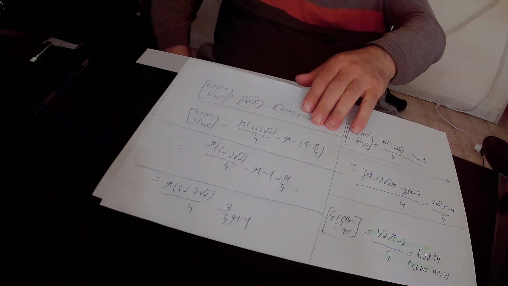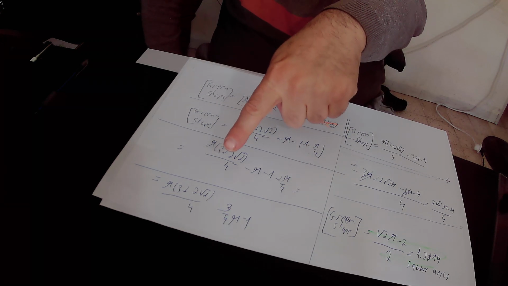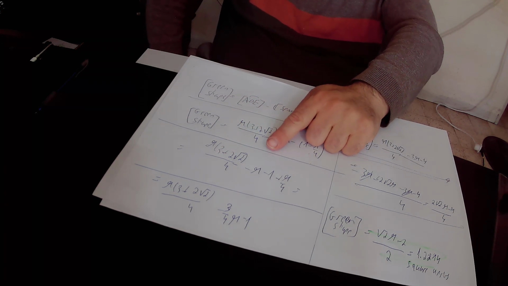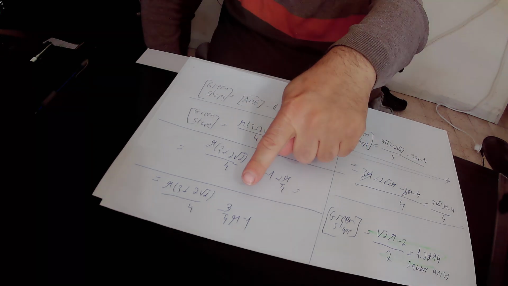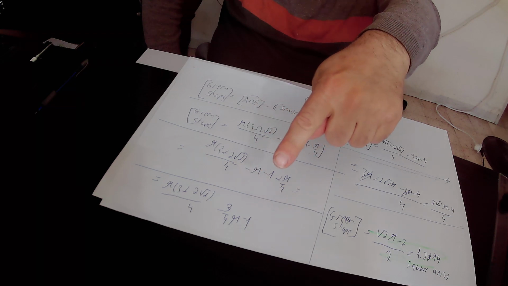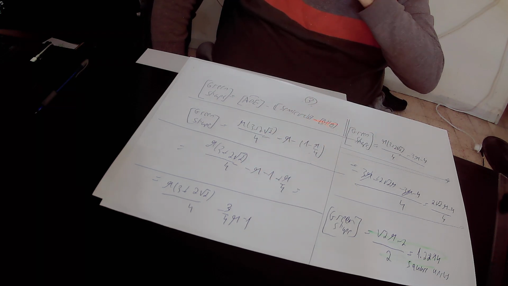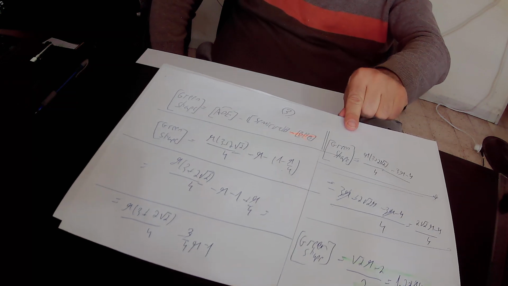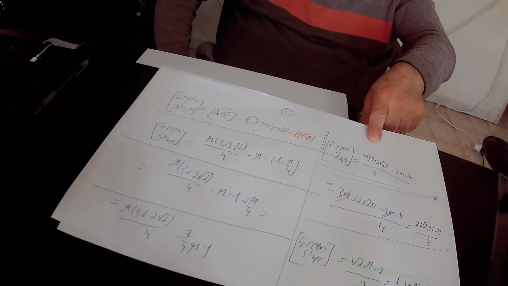So the area of the green shape equals pi times 3 plus 2 times root of 2 over 4. Here we have minus pi plus pi over 4, that is minus 3 quarters pi, minus 1. So the area of the green shape in total equals pi times 3 plus 2 times root of 2 over 4